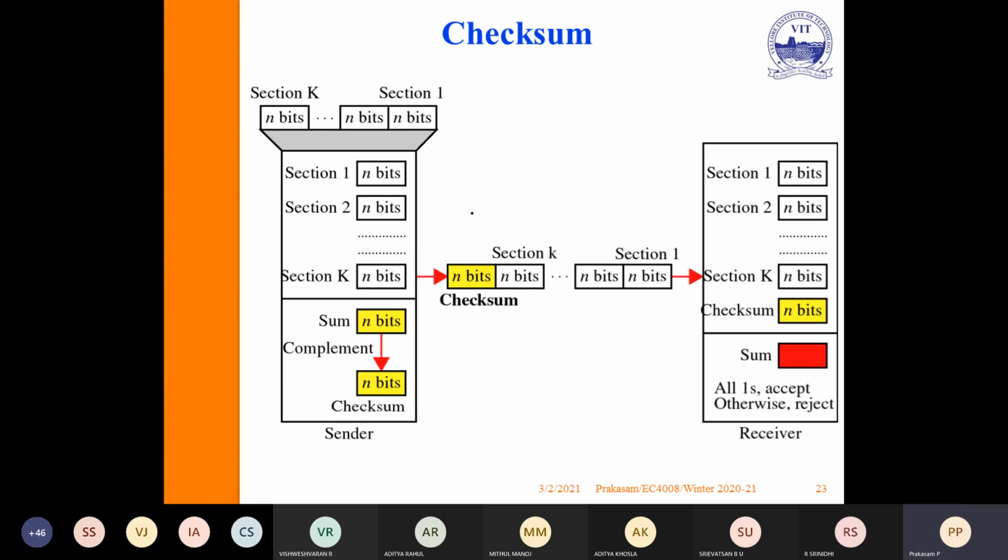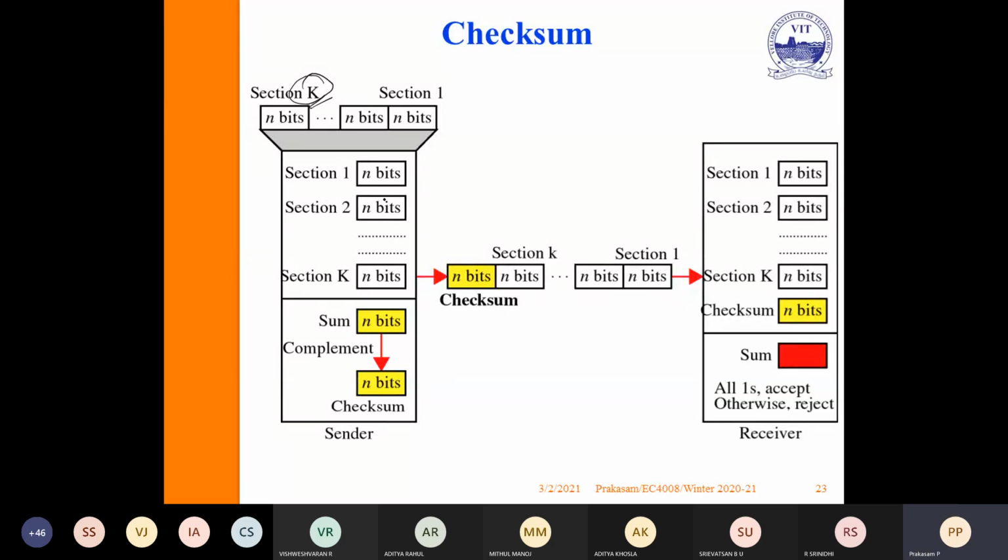In the checksum method, for example, if the input is 5 continuous data words, or 6 or 7, we compute one checksum for all the input data. We only add the checksum at the end as a single value, then transmit. On the receiving side, we do the inverse operations. So the number of redundant bits is very, very small compared to CRC. That is the main advantage of checksum. For example, suppose the data contains k words.